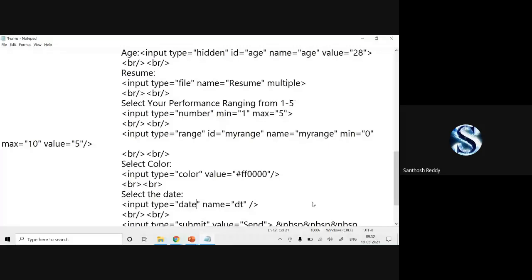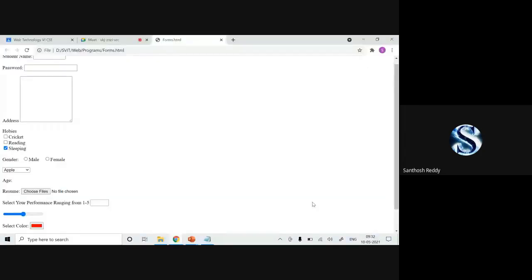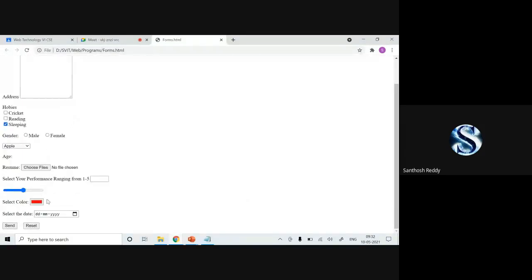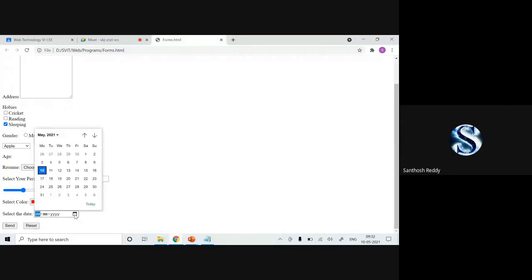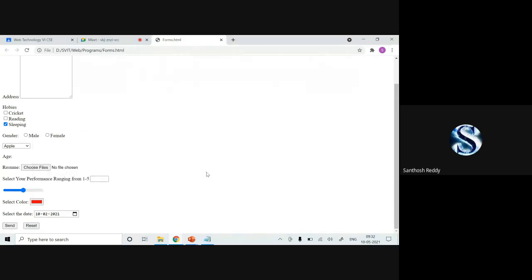Save, go back, refresh it, and come down. Here you can check your input box. Click on this. You can select whatever date you require. If you want to change your year, you can change it. Like this, you are going to get it.